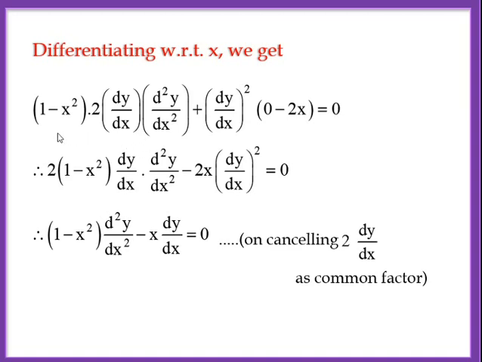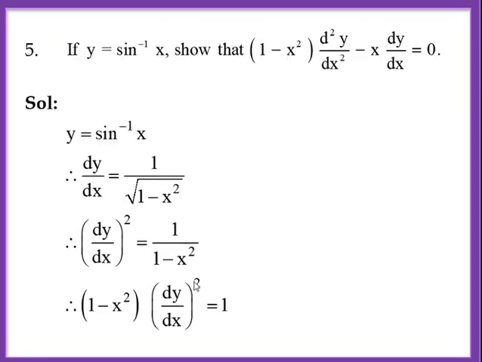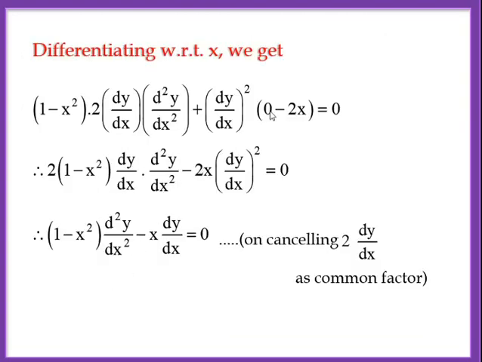Again differentiate. So first function 1 minus x square into derivative of second. What was the second function? This one. So u square has derivative 2u. So 2 dy/dx into derivative of dy/dx, which is d2y by dx square, plus second function into derivative of first. What is derivative of 1 minus x square? Minus 2x. See, I have written the same. Now rearrange the terms. You will notice that each term contains which factor? 2 dy/dx. So divide throughout by that.